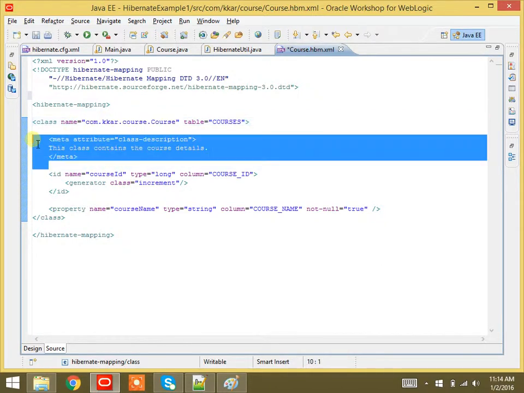Now, this is just a simple description which we are specifying. You can provide any description like this for this particular class, what it will do, all those things. You mentioned table equal to courses, right? So automatically, in the database, the courses table will be created also. Yes, it will be created, so we need not do it manually. No need to create it. If it is already created, it will point to that. Okay? It will not override.